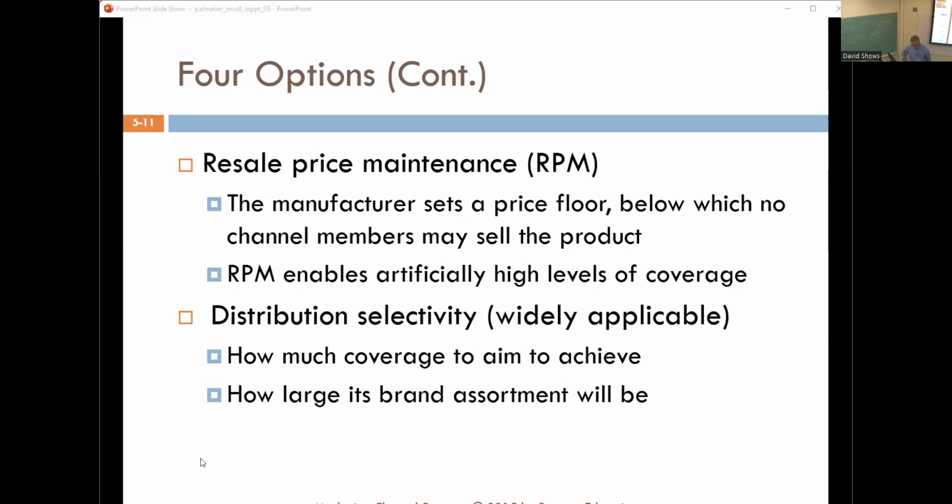Because, as I've said before, selectivity, in essence, brings about what you would consider exclusivity. You have to be able to, I wouldn't say limit your coverage, but fine tune it to be able to achieve your goals. Now, in some countries,